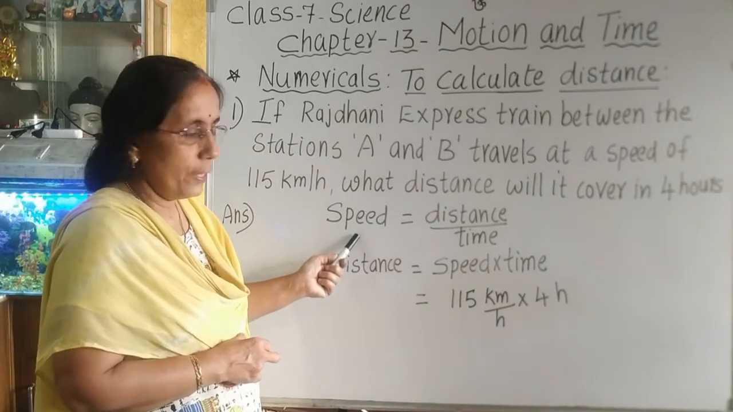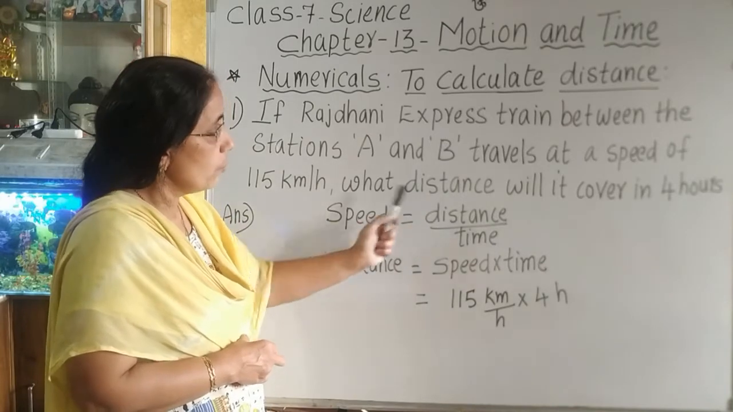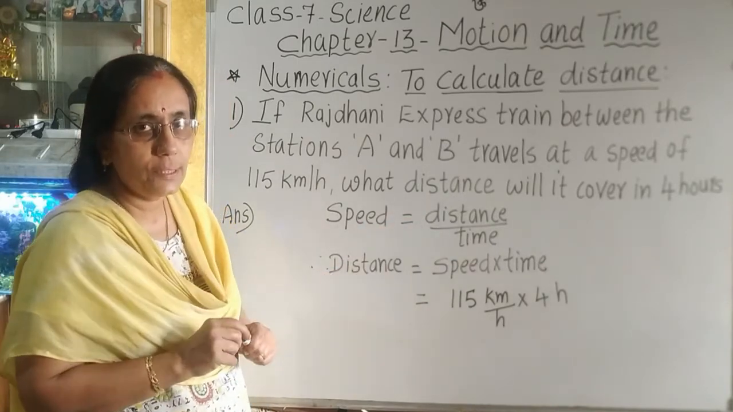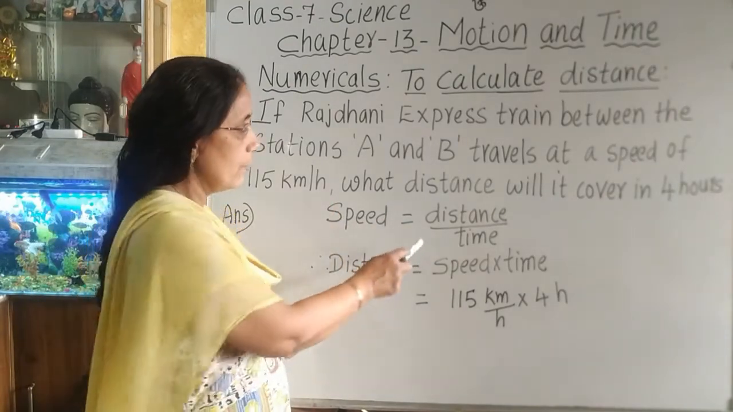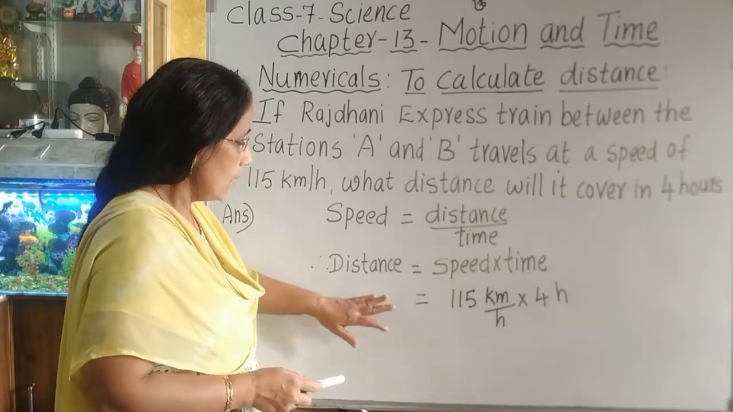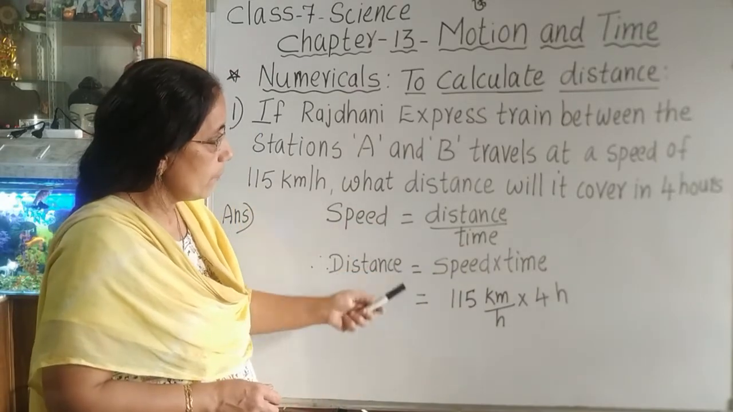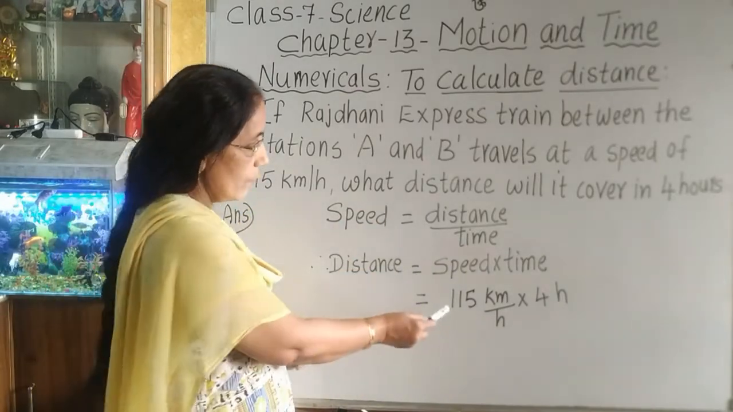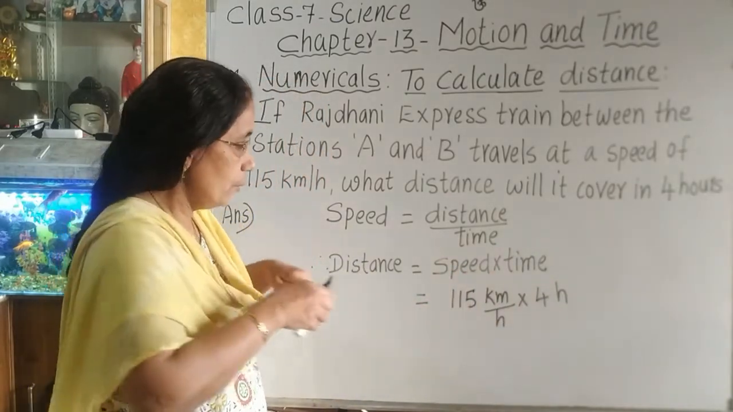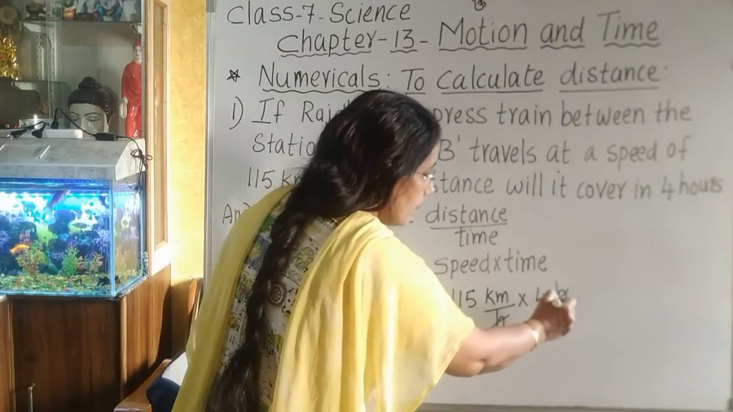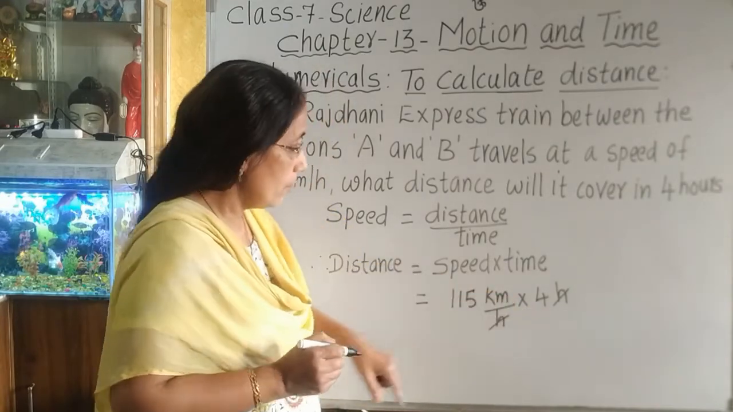You know the formula for speed as distance upon time. So from that, if any two quantities are known to us, then the third quantity we can calculate. So here speed and time are known to us. Therefore we can get the formula for distance as distance is equal to speed into time. So substitute the given values in the formula, that is 115 km per hour into 4 hours. So here the units hour and hour will be cancelled out, and on multiplying 115 with 4 you will get